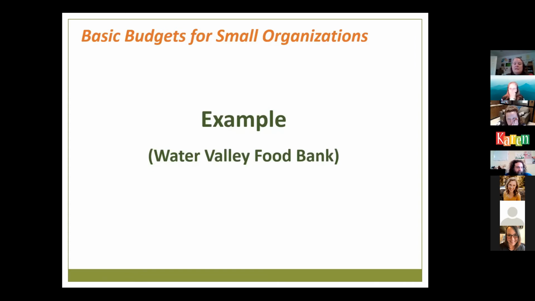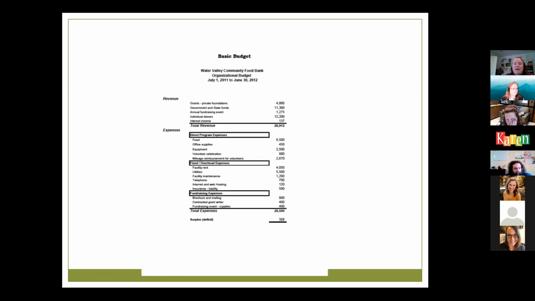So we're going to use the example of a fictional food bank, the Water Valley Food Bank. Can everybody see this clearly enough? Aaron's saying no, it's a little small. So